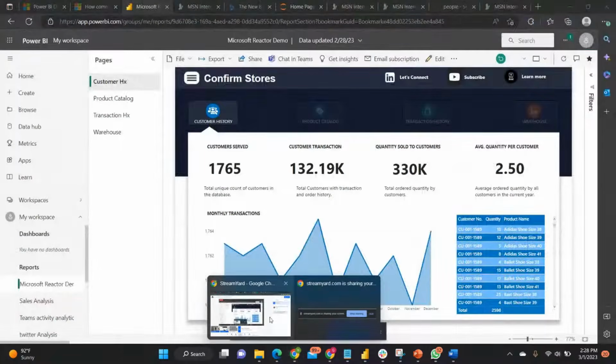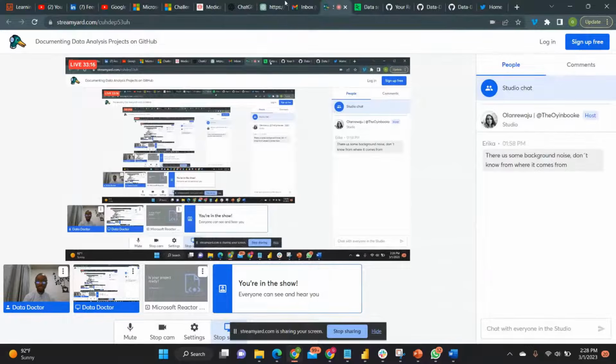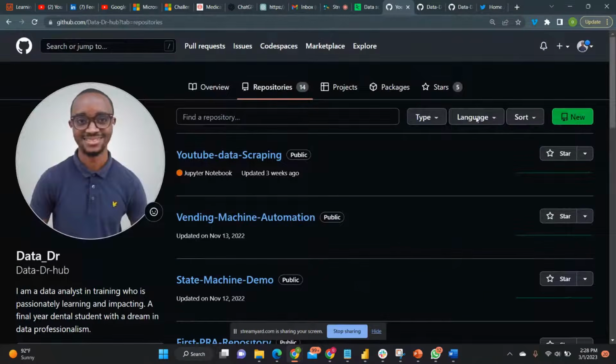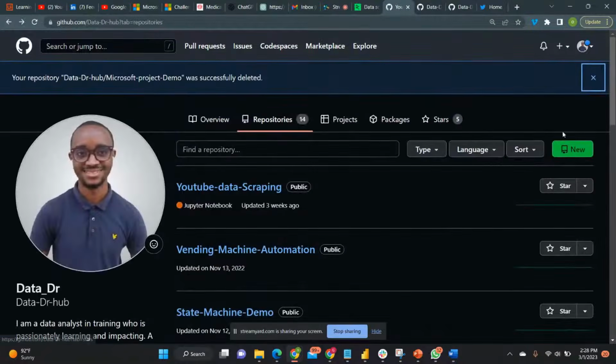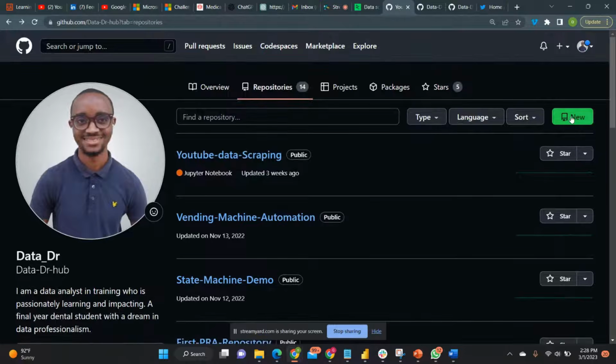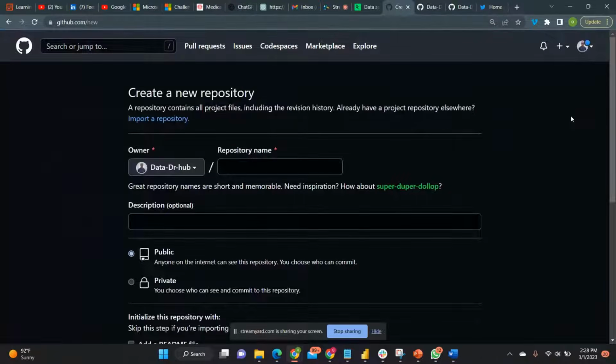Now let me get back to my repository. Is this open now? Yes, I can see your GitHub profile. So you click new. Sorry, I'm supposed to be explaining all this step by step. New here opens the repository for you. Before you go there, when you open your GitHub profile,